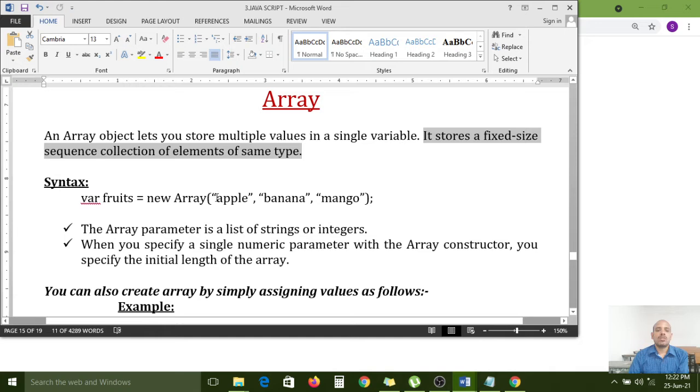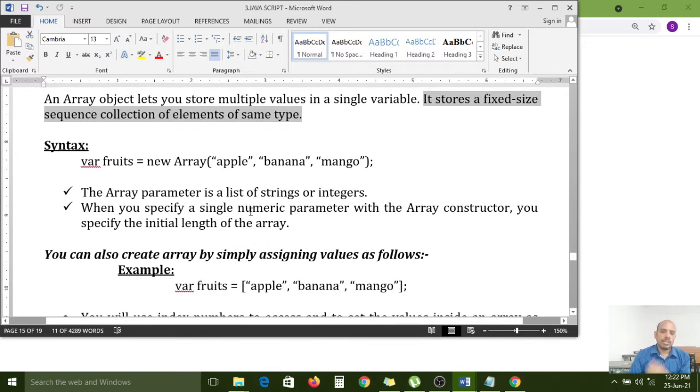If you want to store string values, an array object is enough. If you want to save a list of numbers, an array object is better. So an array can support only the same type of values. A combination of string values and numbers cannot be supported by the array built-in object.